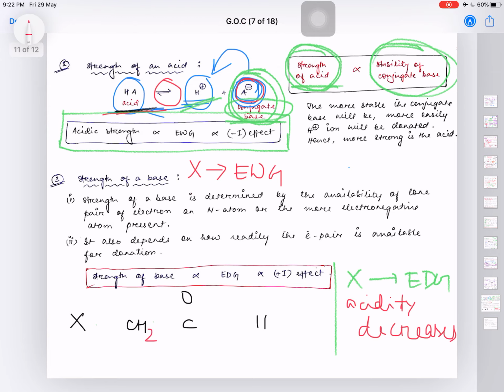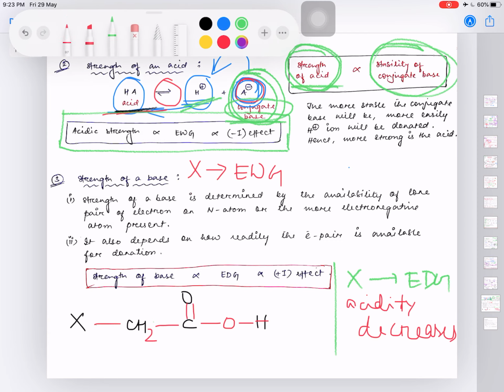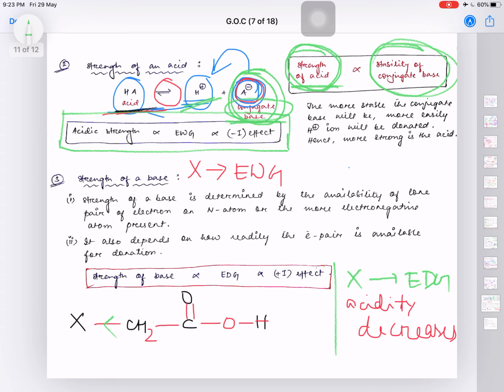So it will be like this: CH2 double bond OH, like this. Okay, so X is an electron withdrawing group, so it will take electrons from this CH2 group. CH2 will pull electrons from this one carbon. Now see, this carbon is attached to a double bonded oxygen and a single bonded oxygen. The double bonded oxygen is stronger, so it will pull electrons from this carbon, it will not give. Single bonded oxygen will not get any electrons from this left hand side because this carbon is already electron